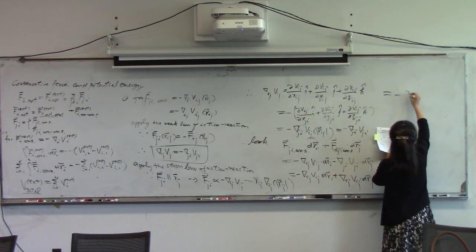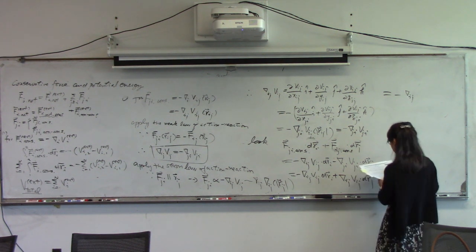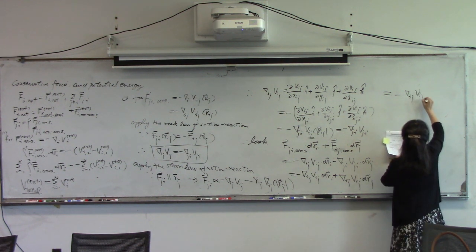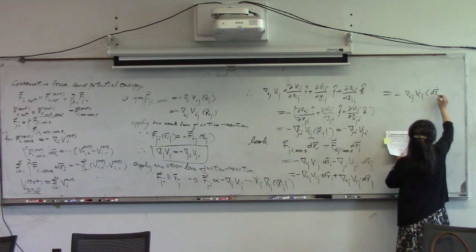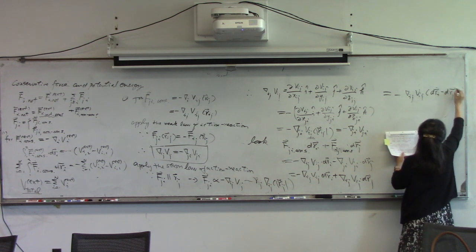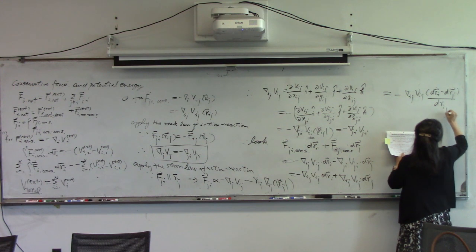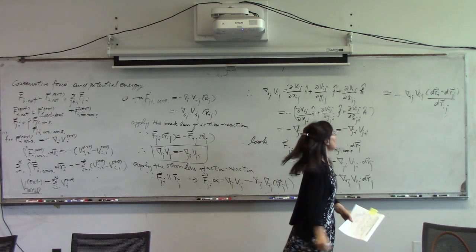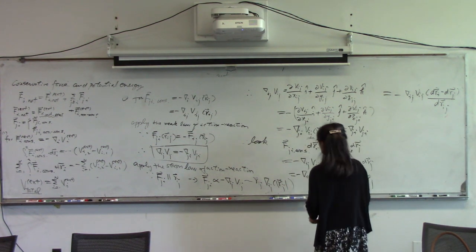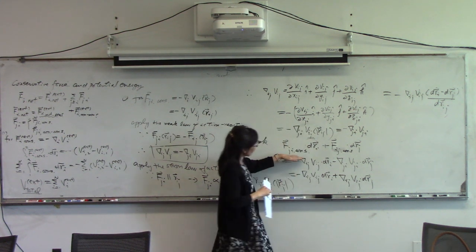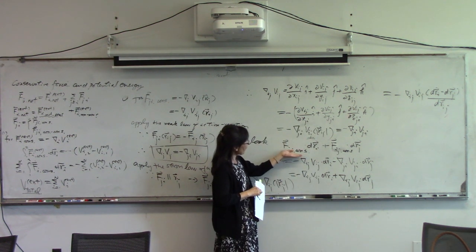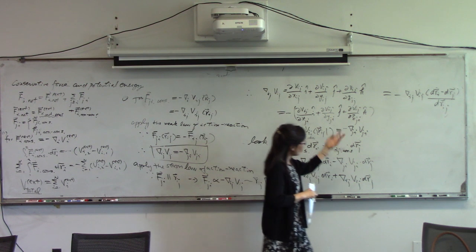So I have a delta Ij Vij, and inside dri minus drj, which is drij, right? Once we know the work done by this pair force on the two particles is equal to this,